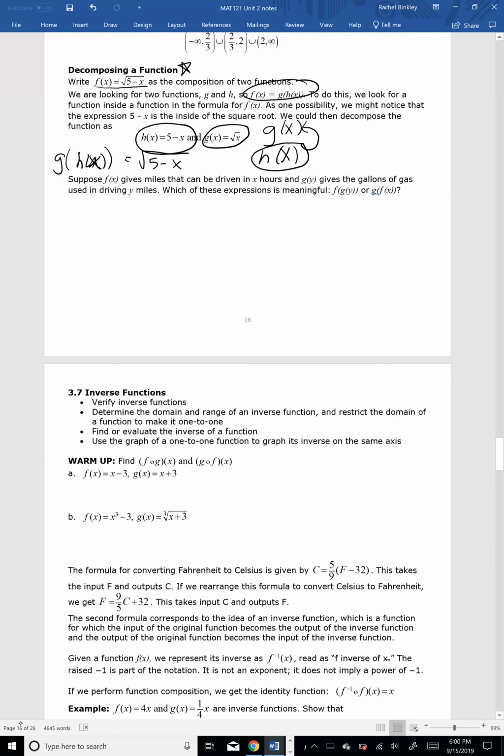Suppose f of x gives miles that can be driven in x hours, and g of y gives the gallons of gas used in driving y miles. Which of these expressions is meaningful? So the question is, my output for g is gallons of gas. Am I going to take gallons of gas and put that in an equation that gives me the number of miles that can be driven in x hours? Or am I going to take the number of miles that can be driven in x hours